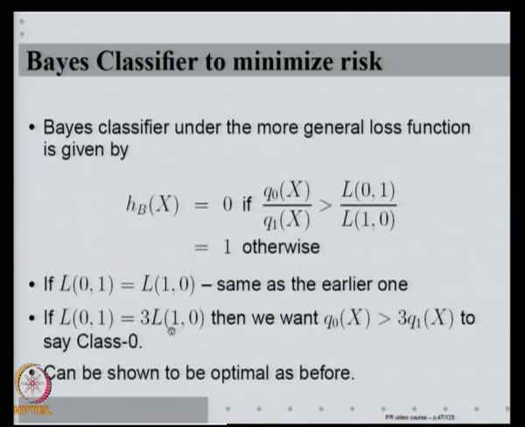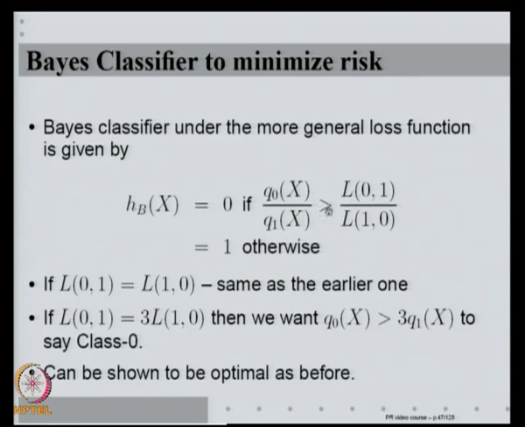That means, before I classify something into 0, I had better be very, very careful, because wrongly calling 0 is 3 times as expensive. And hence, what does the Bayes classifier say? If that be the case, it is not enough if Q0 is greater than Q1. The posterior probability of 0 being greater than the posterior probability of 1 is not enough. The posterior probability of 0 should be more than 3 times the posterior probability of 1 for me to take the risk and call class 0. So, that is essentially what the Bayes classifier represents.